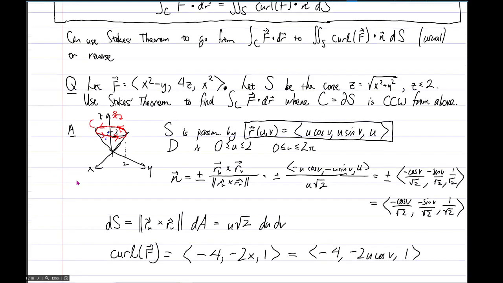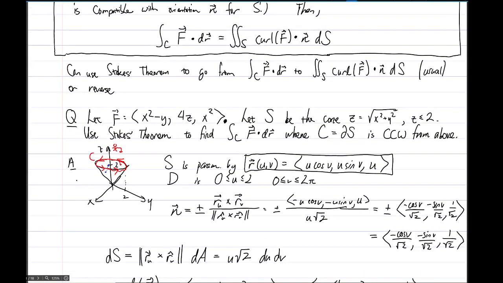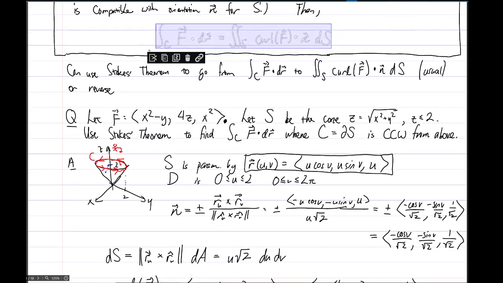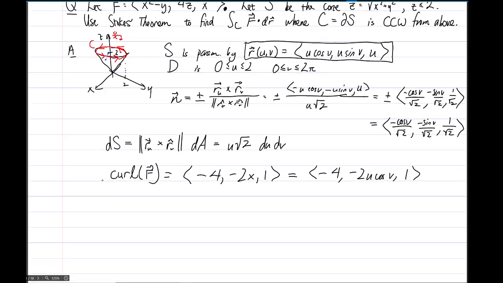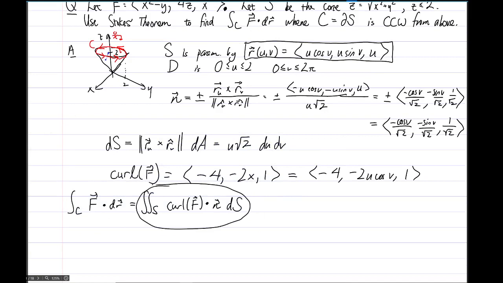All right, so then if we set up what Stokes' theorem tells us to set up, instead of computing the integral of the vector field directly, which is certainly an option, Stokes' theorem says we can do this instead. And so what we'll have here is the double integral, curl of f dotted with